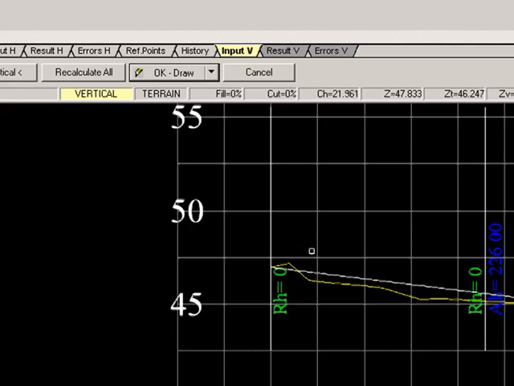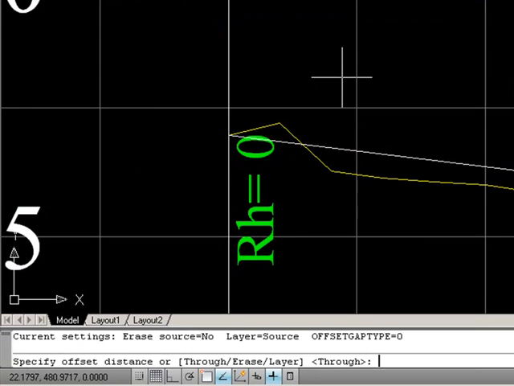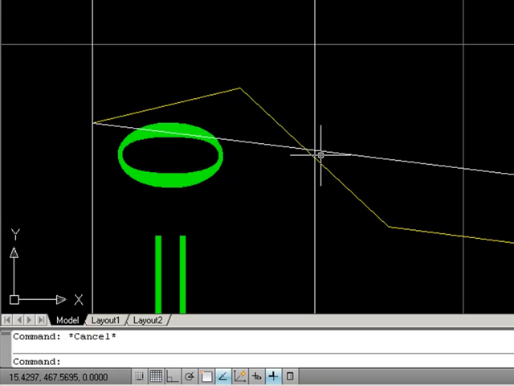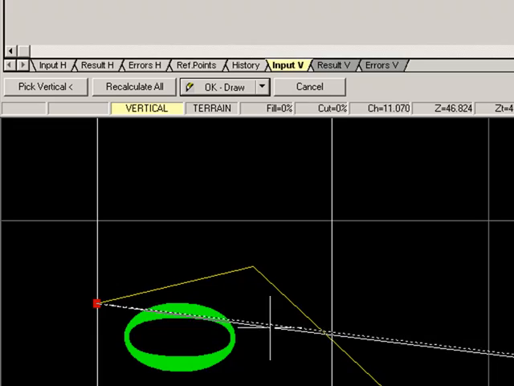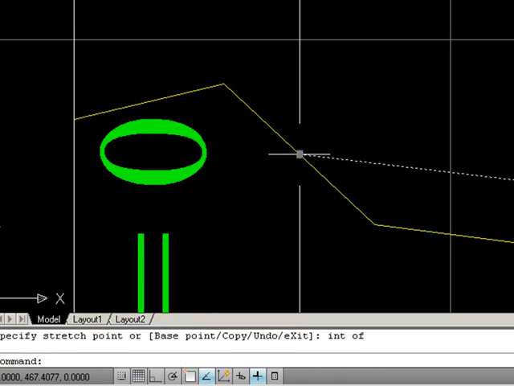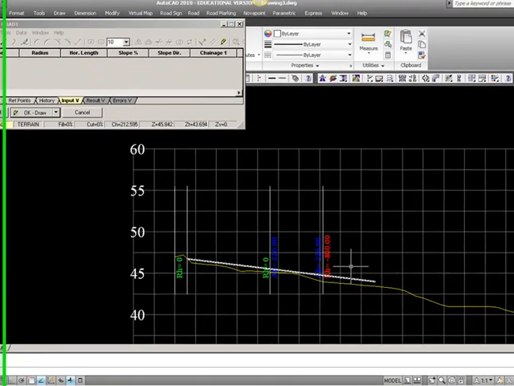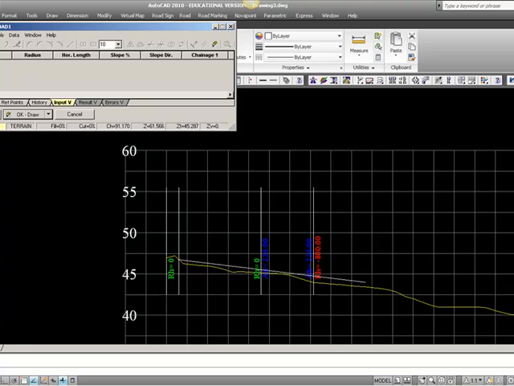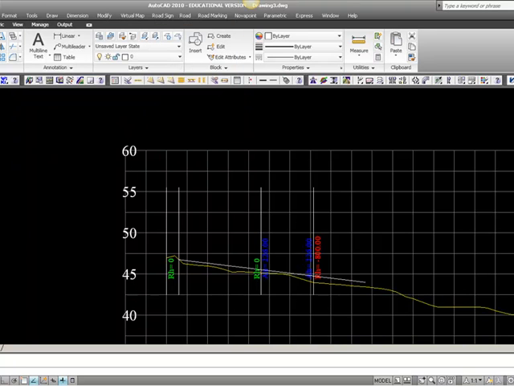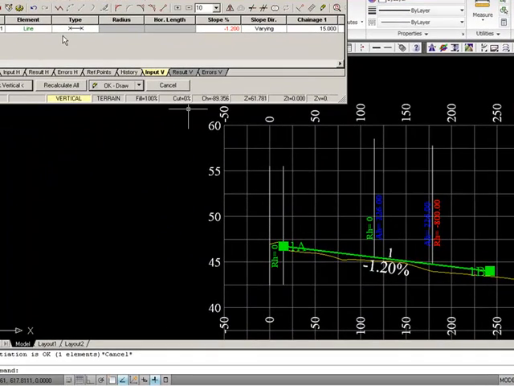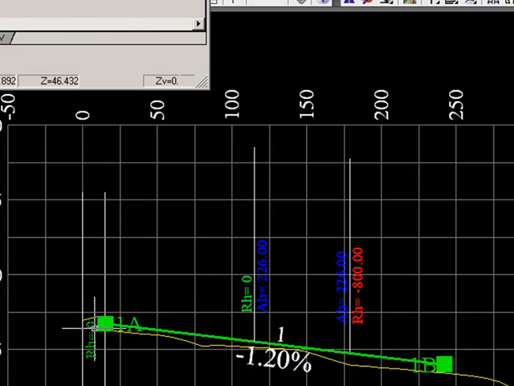I will then offset the center of the roundabout and see that this is where I must connect to existing terrain. I'll take my helpline, move it, and make sure that it starts here. Then I have one line to begin with, and I will go to the calculation window and pick vertical, and the element will appear in the calculation window, and it will turn green, and it will get the A